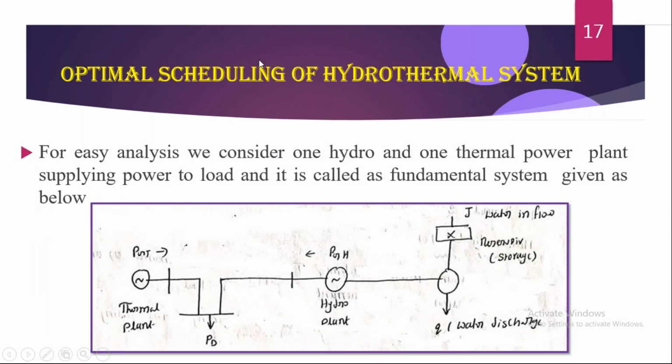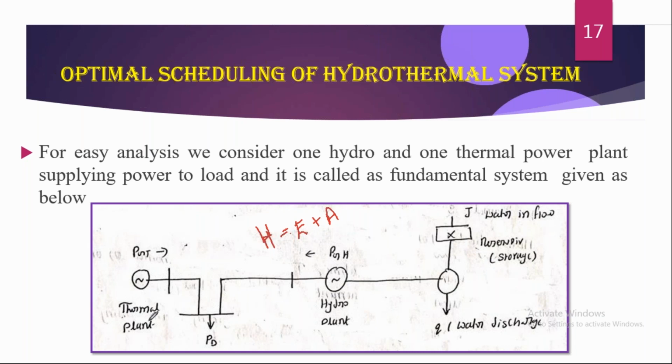Next, this is the overview of how the combination of hydro and thermal power plants will be delivered to the load. See here, in a thermal power plant, there is no need to consider any constraint, such as the availability of fuel. But in the case of a hydro power plant, we have to check the water flow into the turbine and the discharge. Why? Because the hydro power plant has the responsibility to generate electricity, as well as to give water to agriculture. So while considering these two parameters, we have to schedule the hydro power plant.